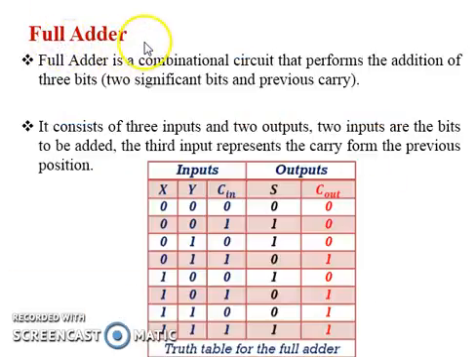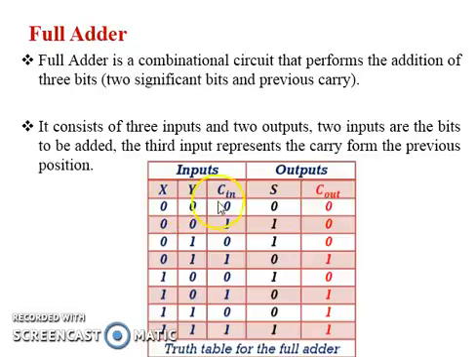Next is the full adder circuit. This is also a combinational circuit and it performs addition, but here it has 1 extra bit. So you can see that this circuit has 3 inputs and 2 outputs. Here x, y is there and in addition to that Cin is there. Cin is nothing but the carry generated from the previous stage. So we have 3 inputs and 2 outputs. In the same way, S stands for sum and Cout stands for carry.